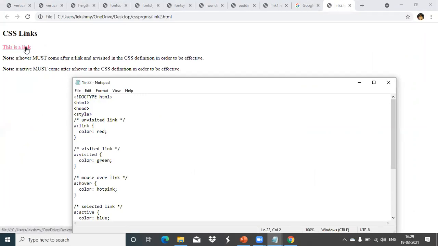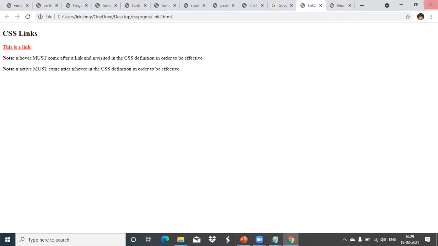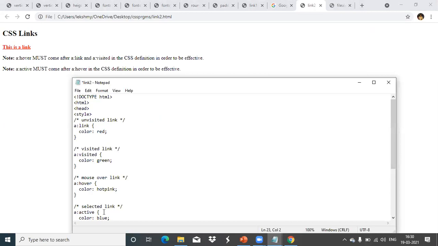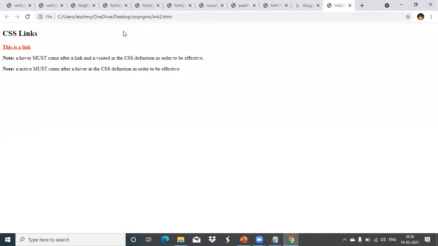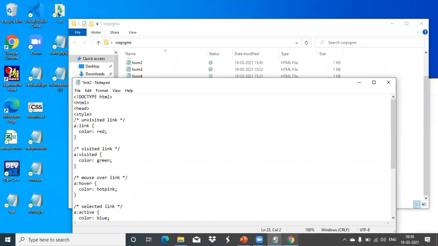When you click on that one, it is going to that particular website. Here we can view that when we are visiting that one, the color automatically changed to blue. Have you noticed that? That is only when you select that one, the link color shows blue. Once it is visited, then it shows green color. See now also when I am clicking, you can see it is showing blue color only.